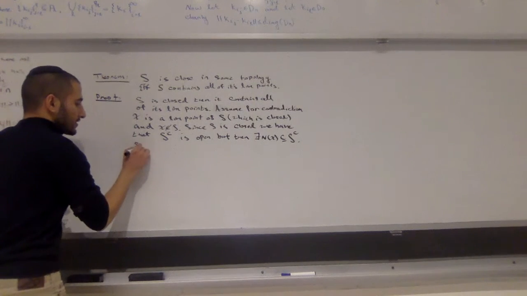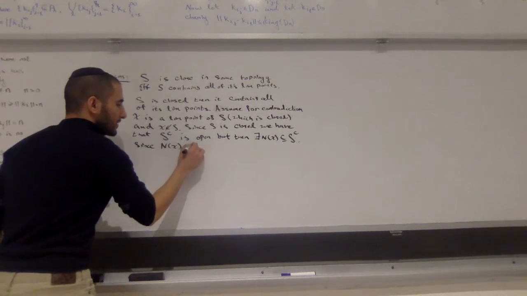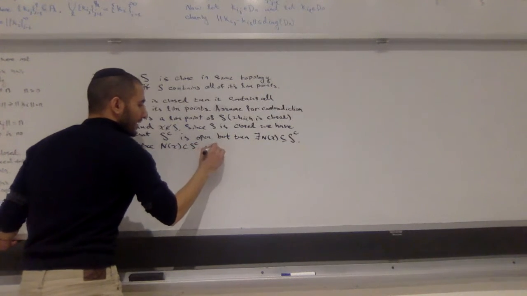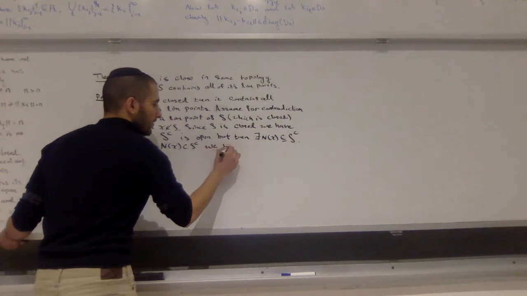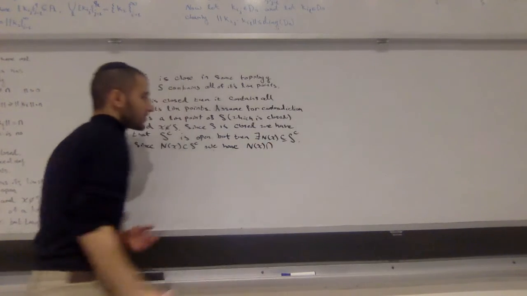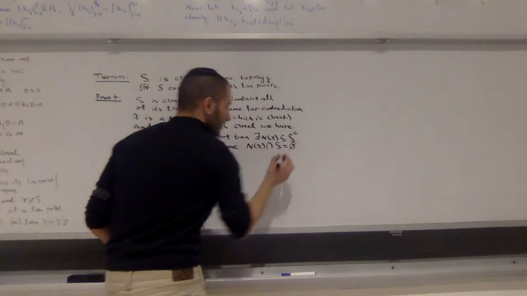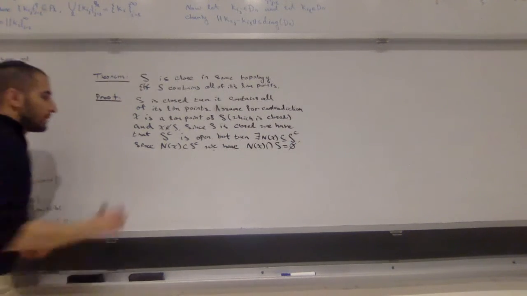But since this neighborhood of X is completely in S complement, we have that this neighborhood of X intersection with S is the empty set. But then